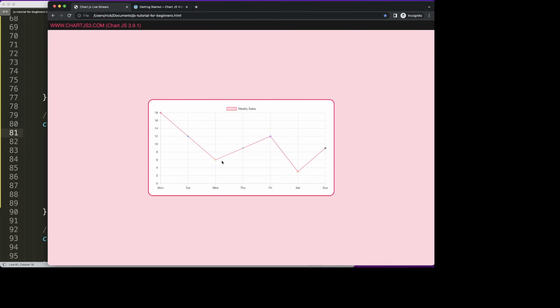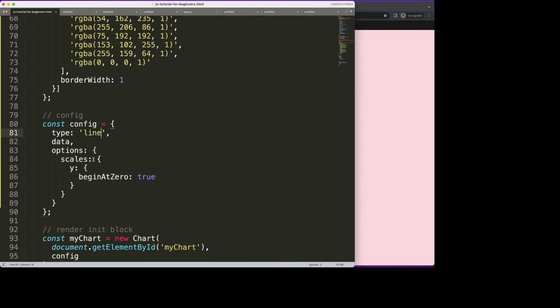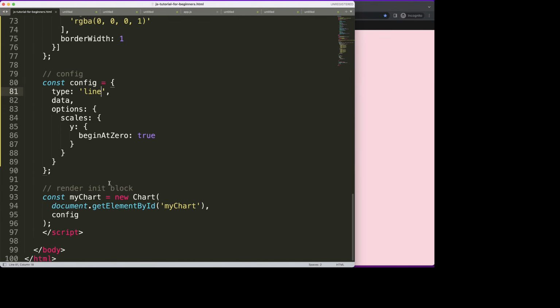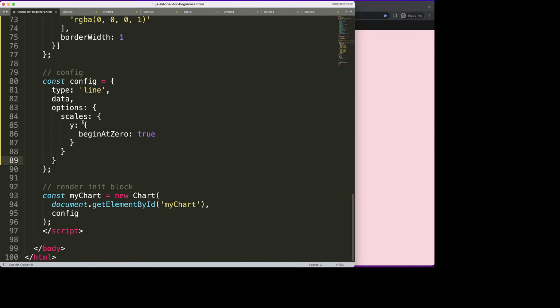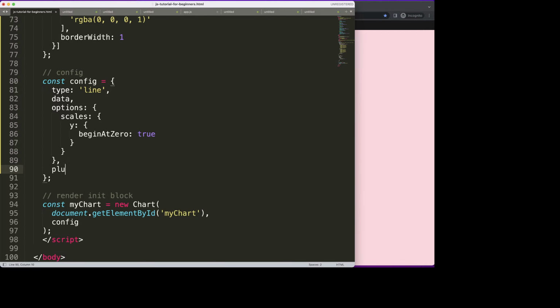So what we're going to do is we're going to create an arbitrary line. An arbitrary line is just basically a line that we can put on here somewhere that we want to highlight a specific item. So to do this, what we're going to do here is we're going to scroll down and add up here in the options. We're going to say a comma plugins, and then we're going to put in here, let's say arbitrary plugin or